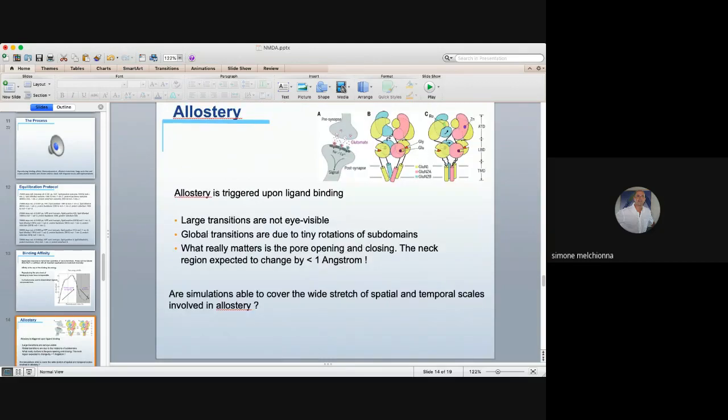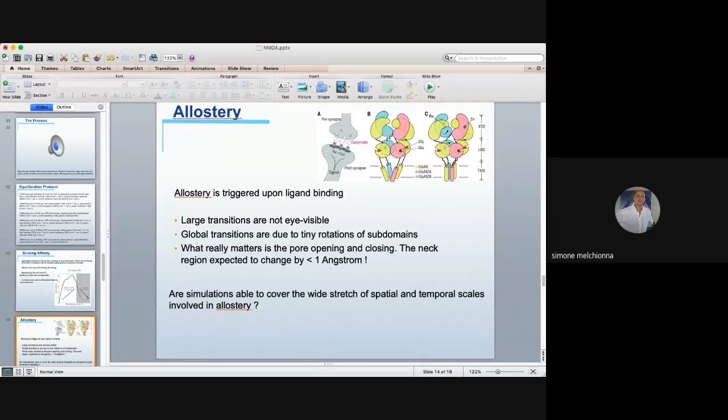So what happens upon binding with the ligands? The protein basically transforms. It has a very fine movement with rotation of the subdomains. So these are not eye visible, and it's very difficult also to compute reaction coordinates that can quantify this type of motion because of the fluctuations. So what you do here is to look at the downstream result, which means the pore opening and closing. Okay, so this is very important. This opening and closing